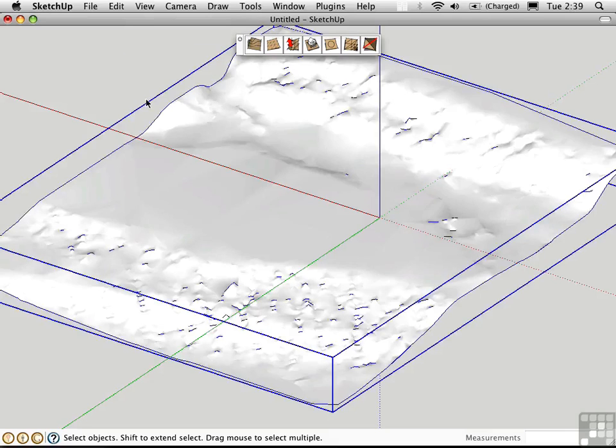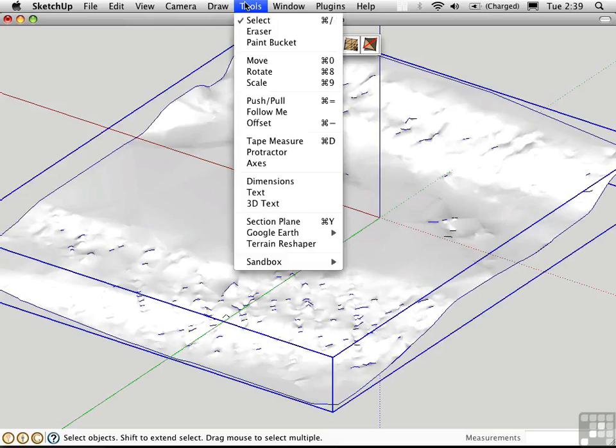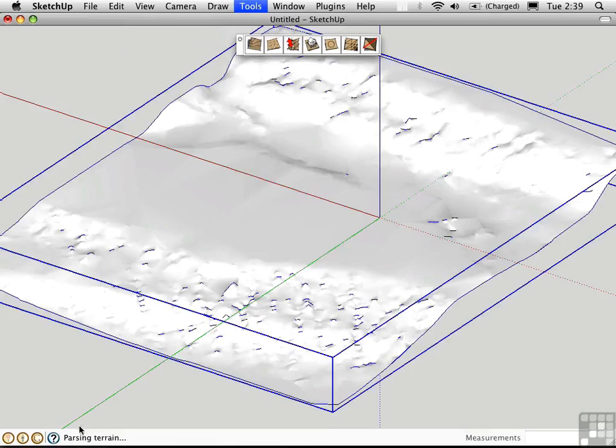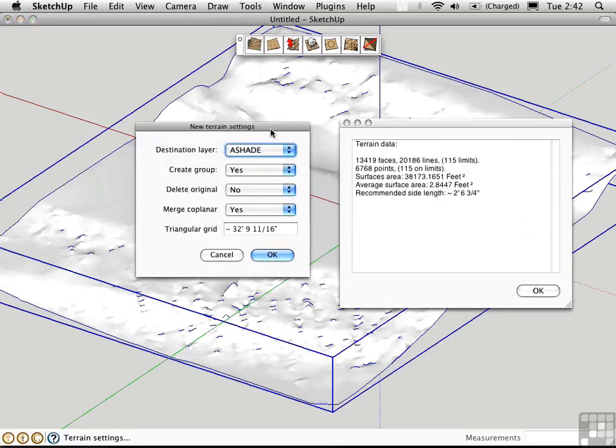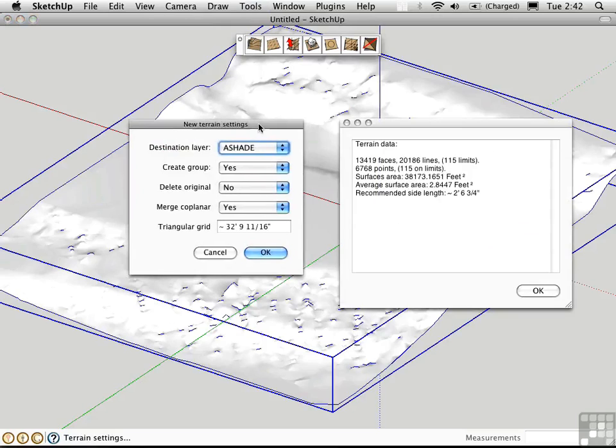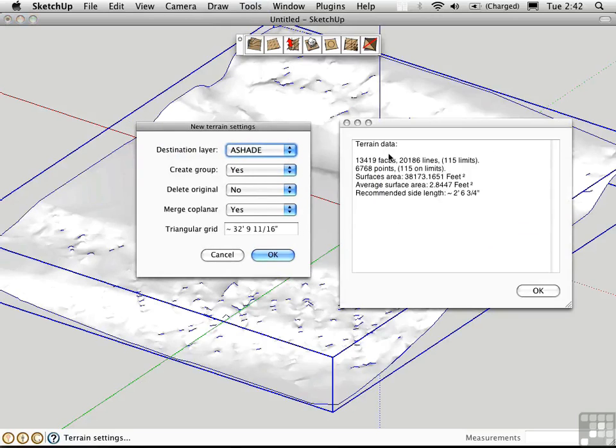Select the group and choose Tools, Terrain Reshaper. It takes a minute while the script is parsing the terrain, and it will give us a dialog box with some options. There's actually two dialog boxes here. This one contains the actual settings for the terrain, and this one is just for your information only. This last item here, the recommended side length, is important because it represents the edge length of a typical equilateral